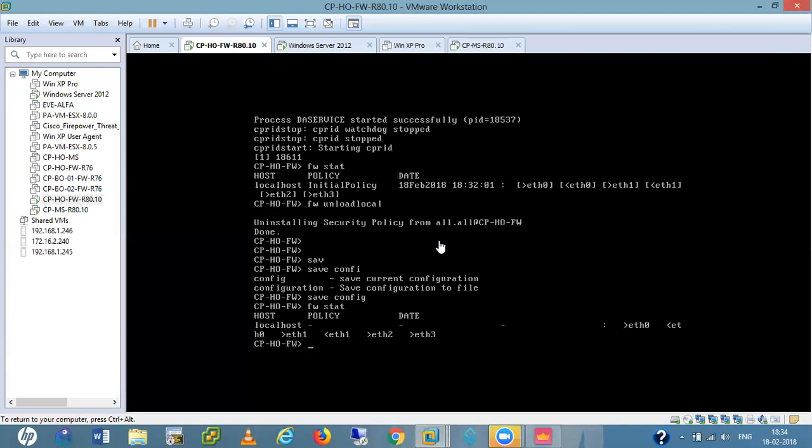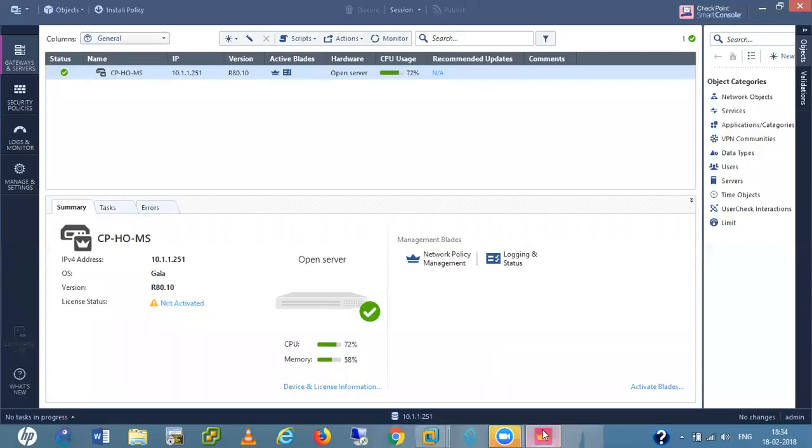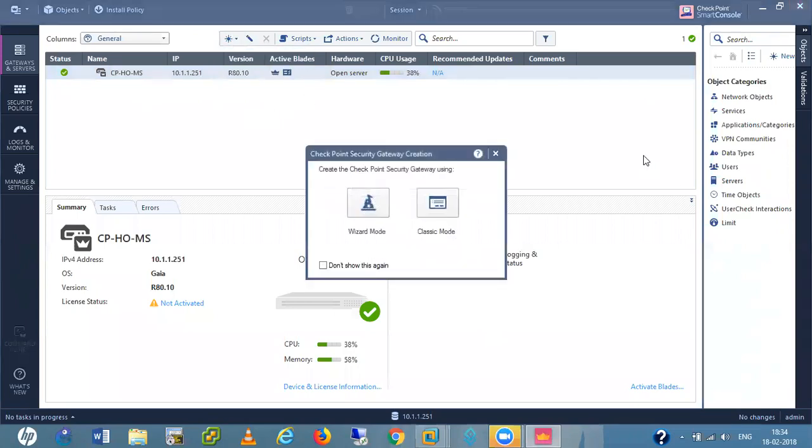So now this firewall has nothing. It's cleaned, without policy. So now let me add one gateway. Classic mode.